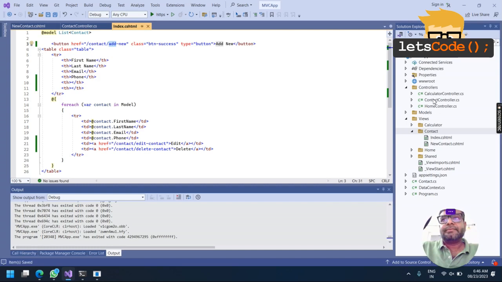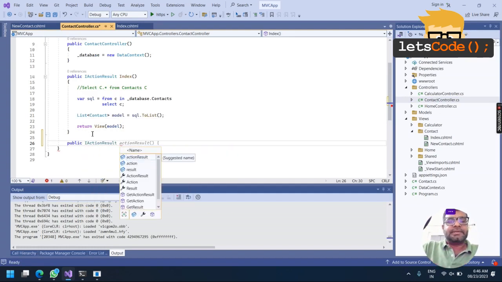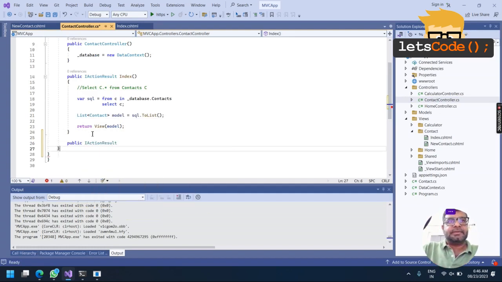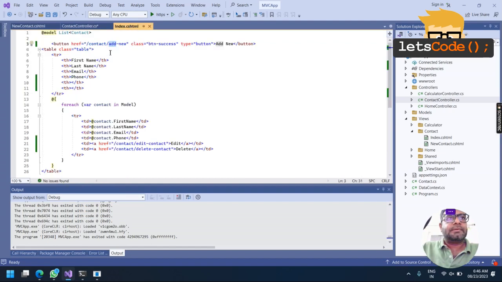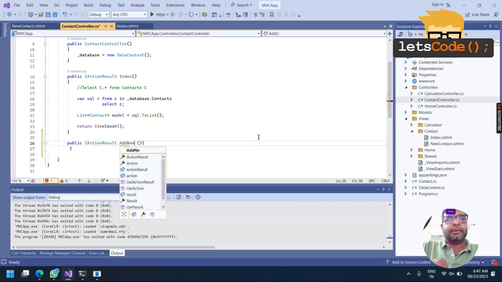So the very first thing, I'll create a public IActionResult, and this we wanted to be the add new action method. Obviously you know we cannot use a special character, so I'll have to remove this and instead add new.